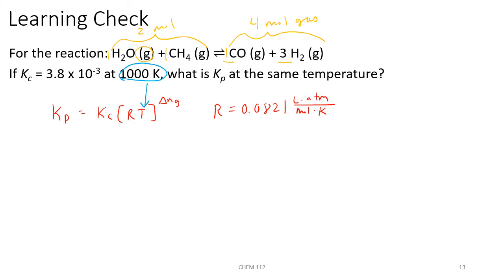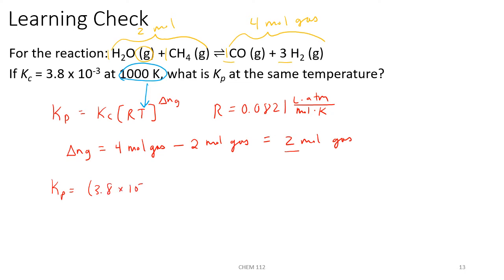We can calculate the change in the number of moles of gas, or delta NG, by taking the difference from the product side, so we have 4 moles of gas, minus the reactant side, 2 moles of gas. So the difference between the two of them ends up being 2 moles of gas. That means we're going to substitute in for our exponent of delta NG 2. So our K sub P will equal our K sub C, which is 3.8 times 10 to the minus third,